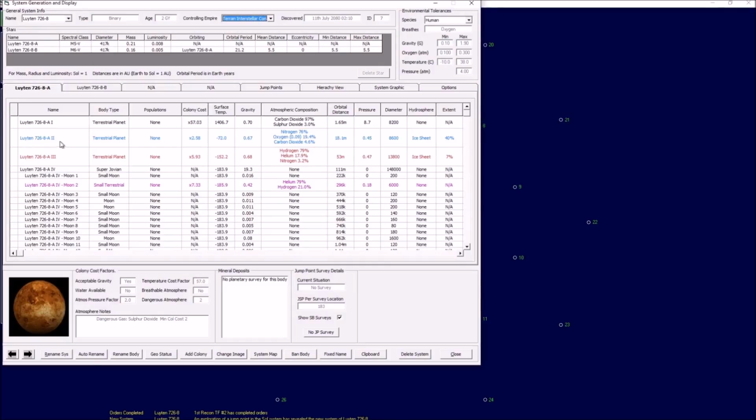And it's time to see if I'm gonna have bad luck again. So this is good for colonizing were we to get a breathable atmosphere, which would only require... well, and temperature cost is a big thing too. We'd need to provide a bit more oxygen, like 1/10 of an atmosphere,